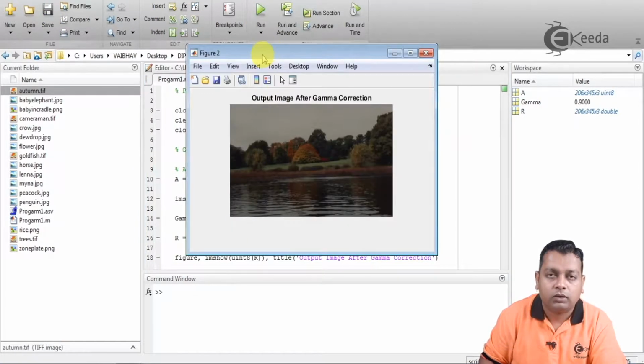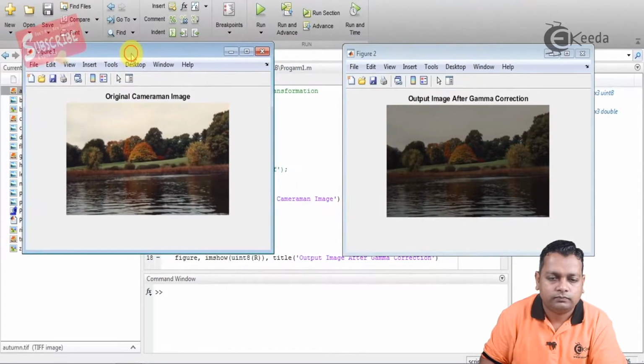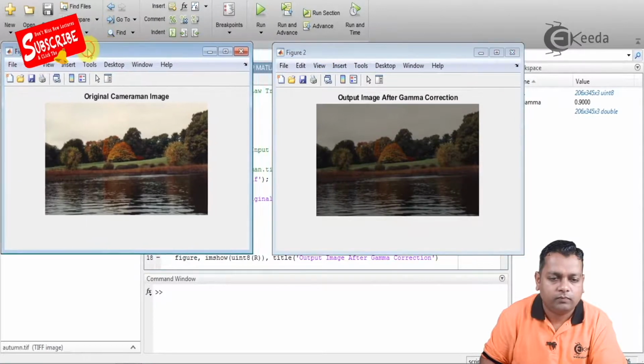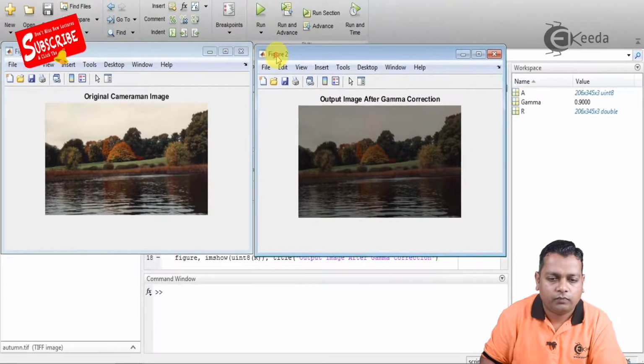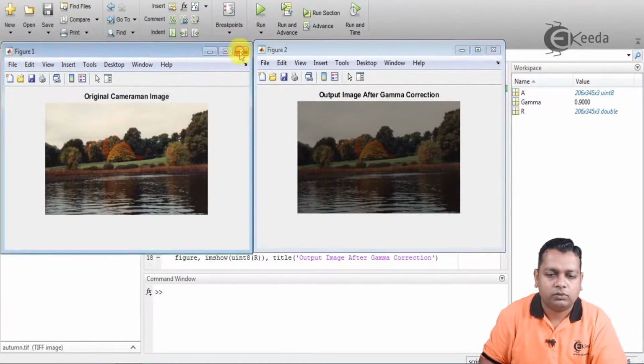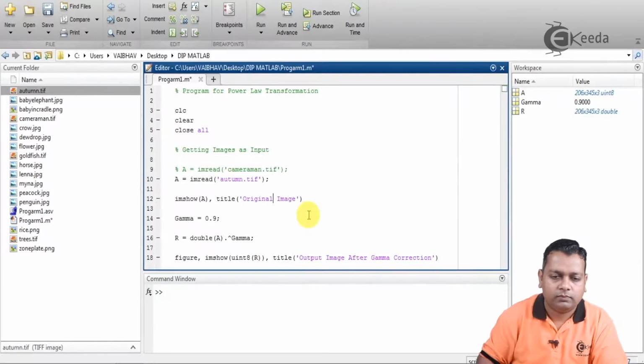Here we again have the two windows. This is figure 2 and this is figure 1. Also the gamma value should be visible. This is the original; the name should also be changed here, so this is simply original image.